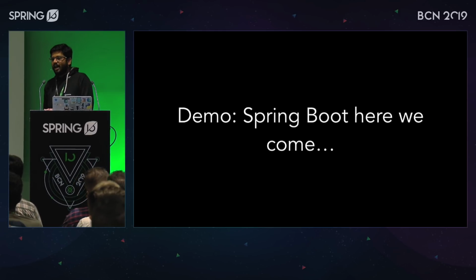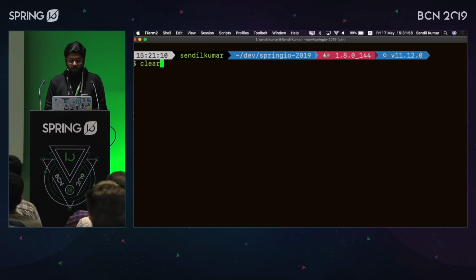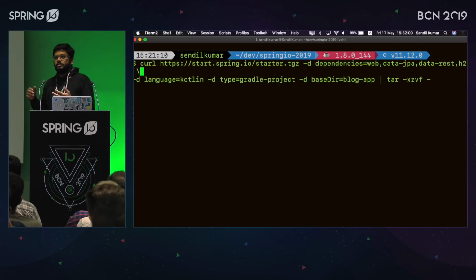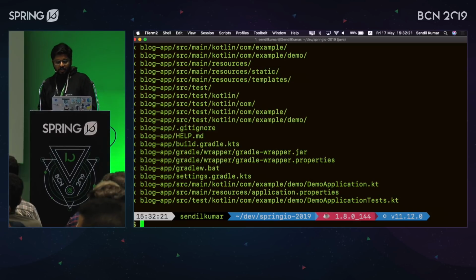So let's go and try a basic Spring Boot application. What I'm going to do is download some basic setup from start.spring.io. And I'm just going to add certain dependencies like web, data JPA, data REST, and H2. I'm using Kotlin because it makes it very easy for us to write in a live demo project. And I'm using the Gradle type, and I'm just giving the name blog app. So it creates an application for me, so I can go ahead and open this application